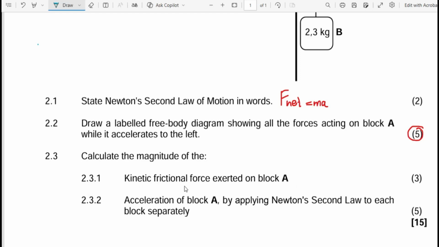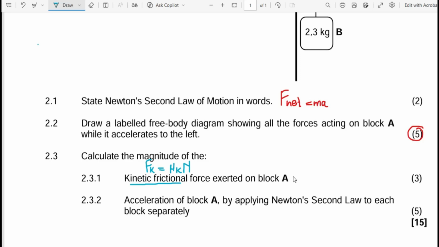They want you to find the kinetic frictional force exerted on block A. First things first, if they want the kinetic frictional force, we know that the formula for kinetic friction is Fk equals the coefficient of kinetic friction multiplied by the normal force for block A. Ladies and gents,